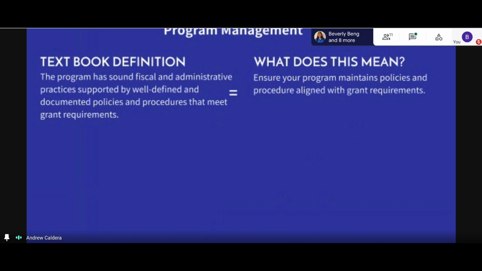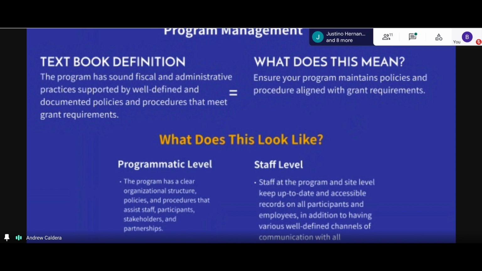Number 11, program management. The program has sound fiscal administrative practices supported by well-defined and documented policies and procedures that meet grant requirements. So basically, we want to make sure our program is maintaining the policies and procedures in line with our grant requirements. A lot of us are funded through different grants, so we want to make sure that we're doing what we need to support the guidelines stated in those grants, and we're following through on what we